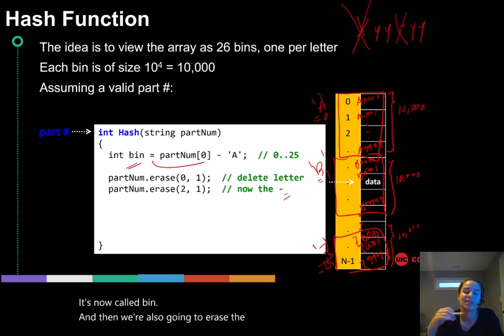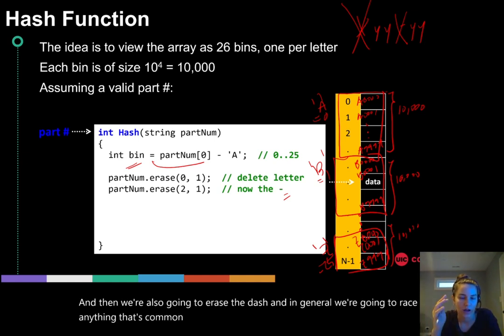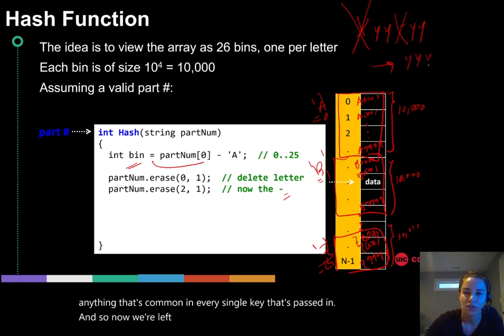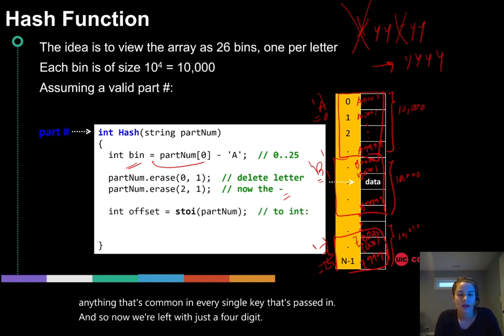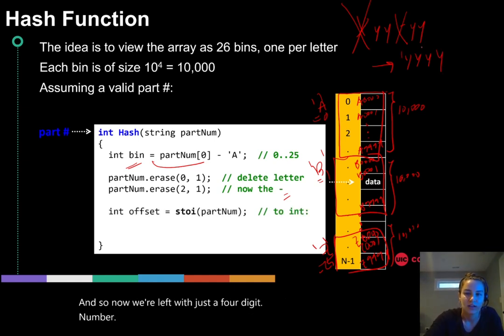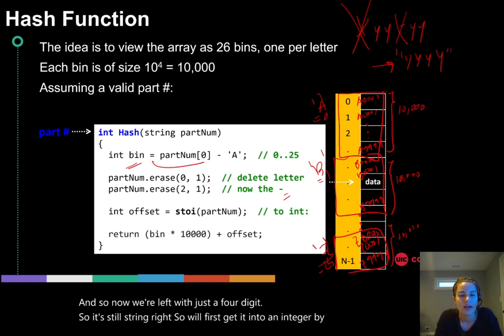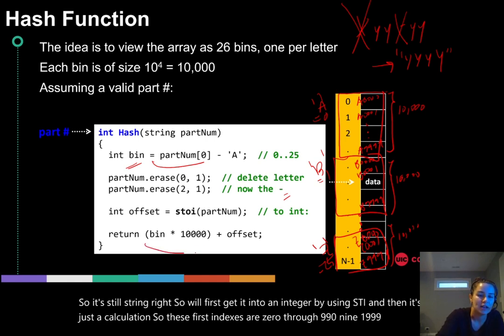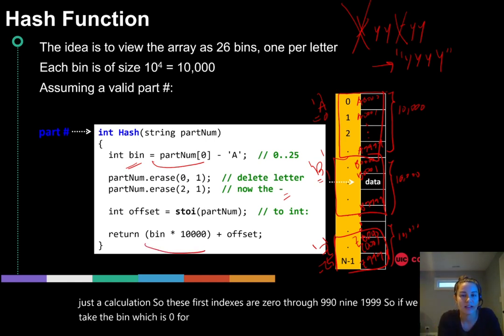And in general, we're going to erase anything that's common in every single key that's passed in. And so now we're left with just a 4-digit number. So it's still a string, right? So we'll first get it into an integer by using STOI, and then it's just a calculation. So these first indexes are 0 through 9,999. So if we take the bin, which is 0 for A, and multiply it by 10,000, we will get 0 through